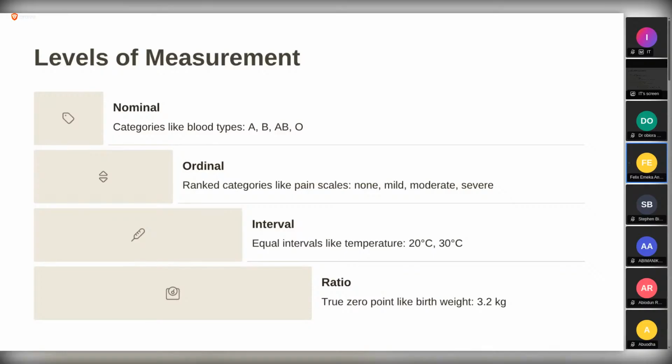Even colors, red, green, black, they are nominal data. Those kinds of questions you ask where they either answer yes or no, they are nominal data. There's no order, there's no increasing, there's no decreasing. So nominal is part of the measurement that you'll be considering when you want to collect your data.